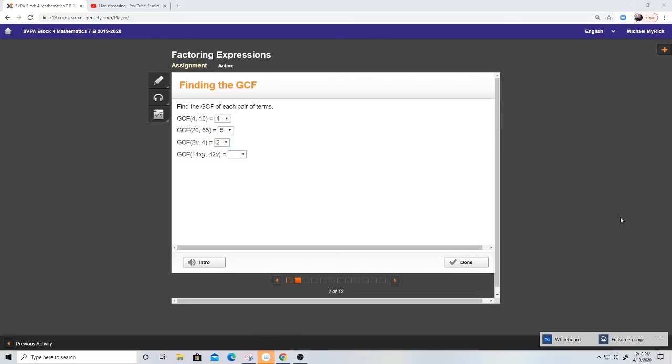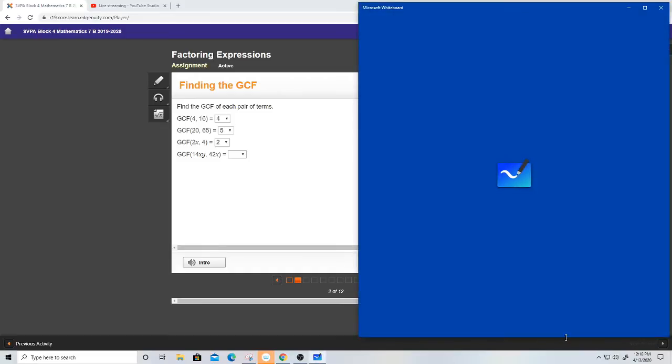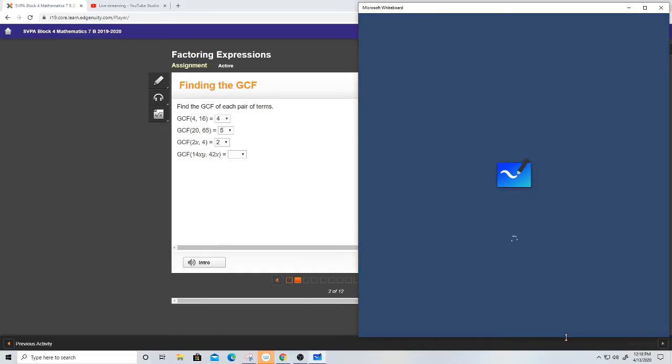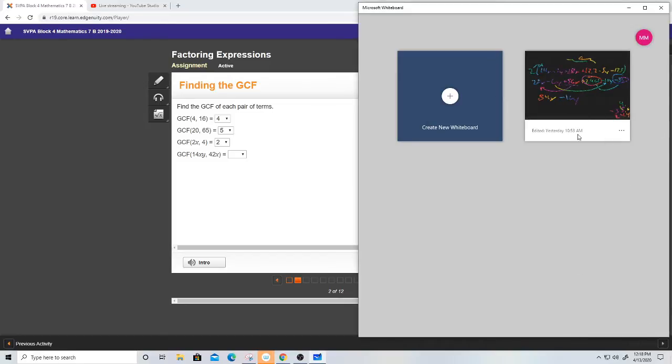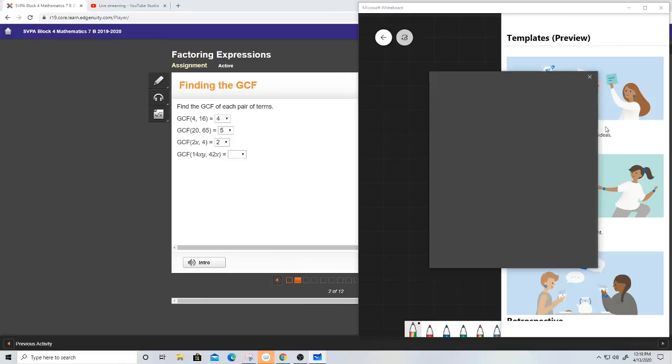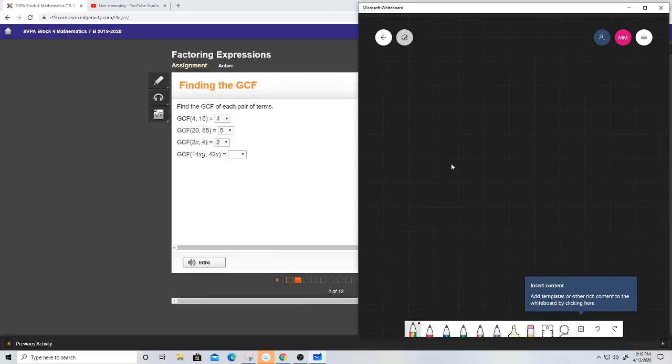14, 14, and 14. Because we know that 4 times 3 is 12, and that ends in 2, if that makes any sense. I'm kind of going to guess it works here. 3 times 14 is 42. And the other thing I noticed is that the x is also common with the 42, so